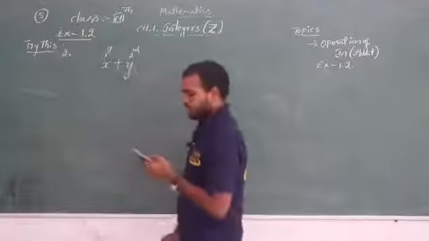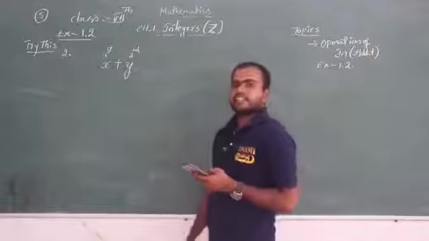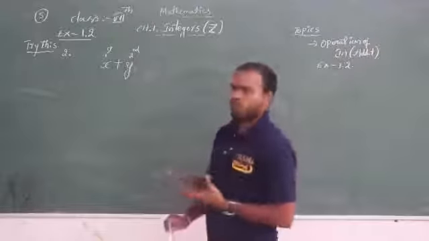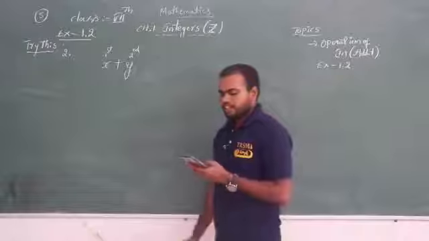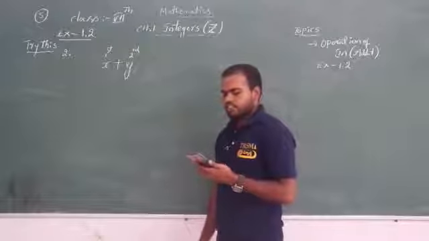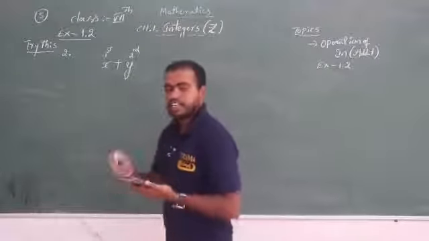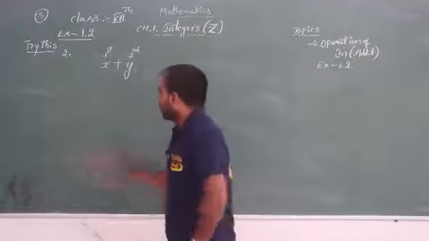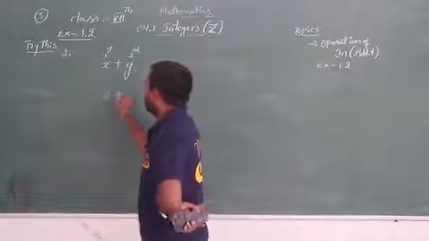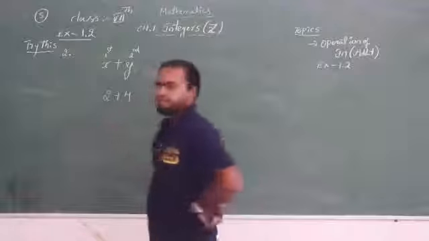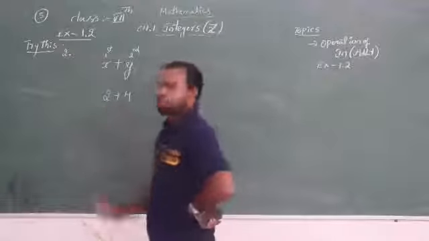Whatever sum you get, that is greater than the numbers. Is it true or false? And justify, so give the reason. She is saying the sum is greater than the numbers. So now let's take the numbers. I took 2 plus 4. So 2 is one integer and 4 is another integer.